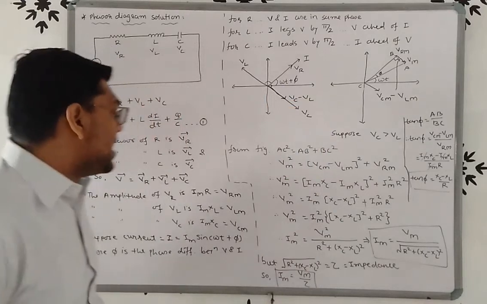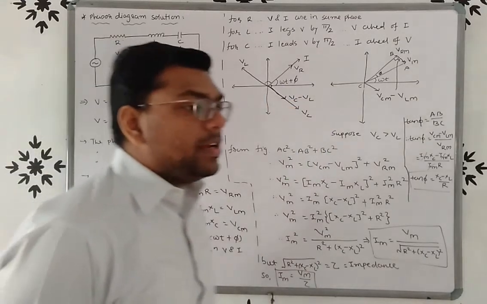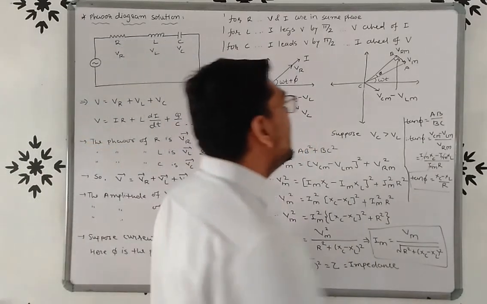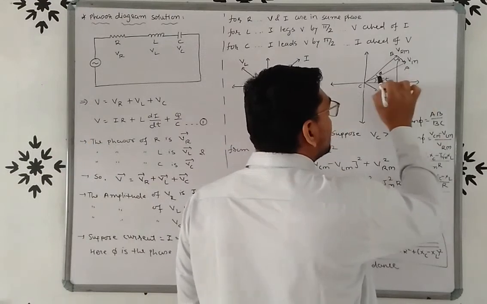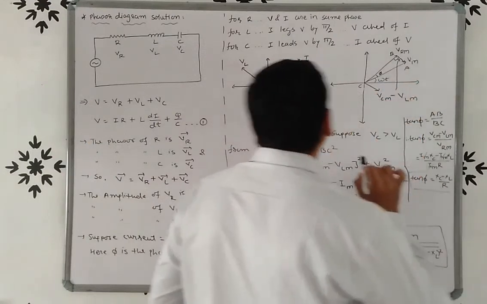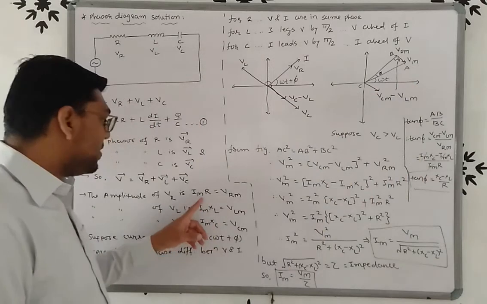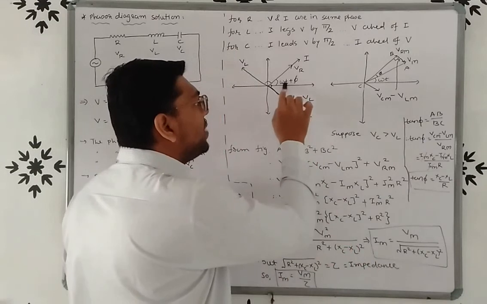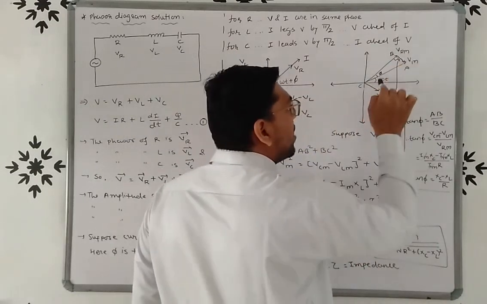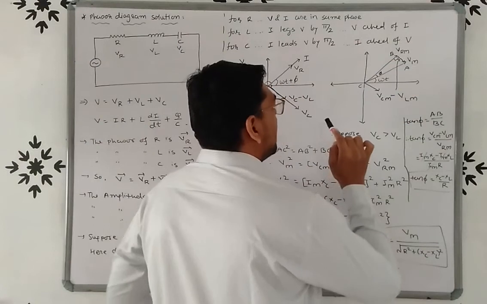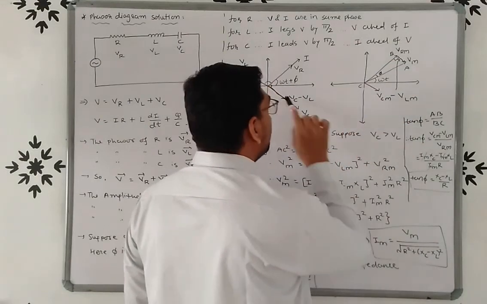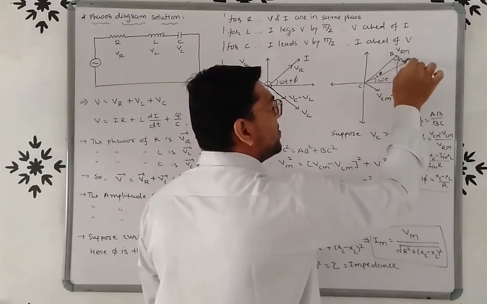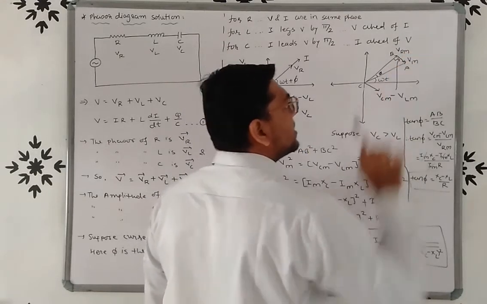Now for this amplitude, we already know the equation of voltage: V is equal to Vm sin omega t. So this amplitude Vm is at angle omega t. Now for the amplitude of the resistor, VRM, VRM is at angle omega t plus phi, right? And VCM minus VLM, same. Now here we can draw VCM minus VLM, AB, like this.